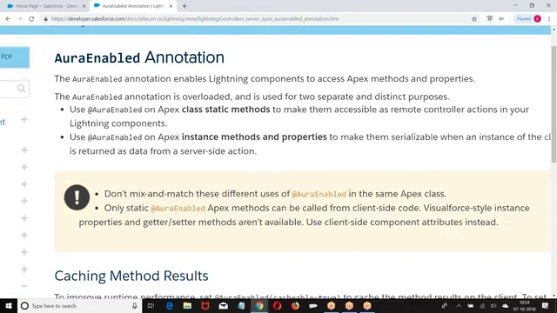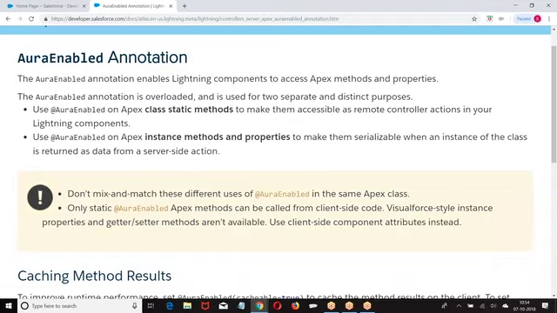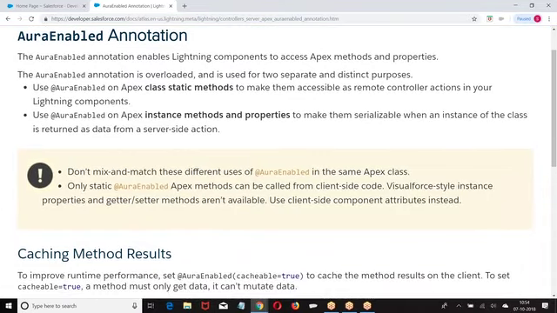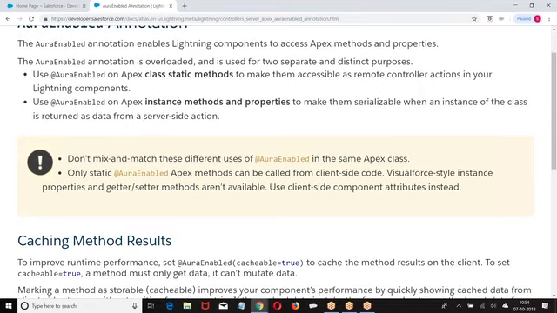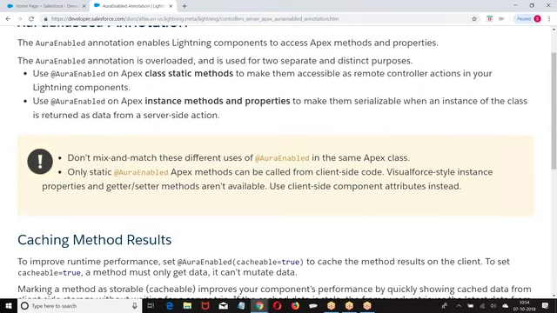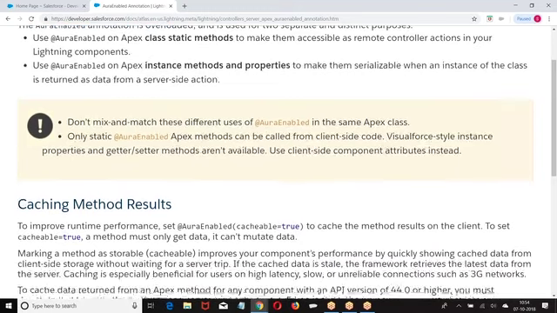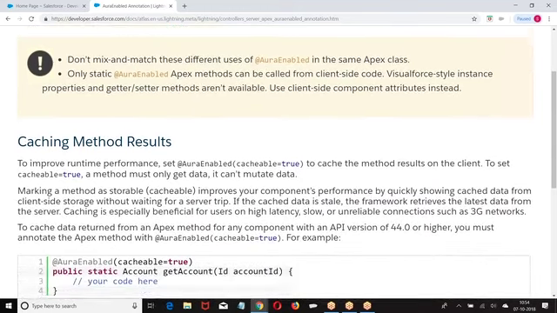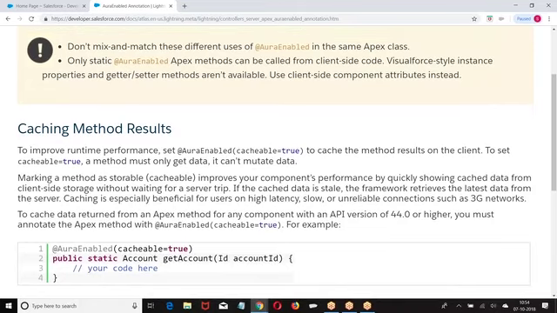Okay. Next. Now look at this. Now we are making the instance of the method and properties. Now you need to understand some other basic properties. If you define any method as @AuraEnabled, they do not have getter and setter methods.